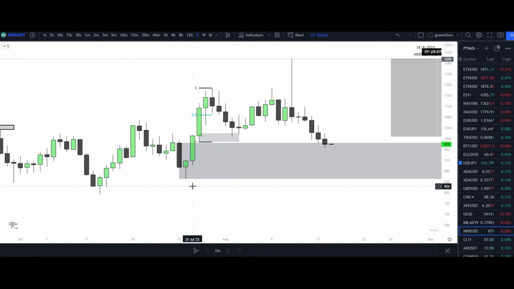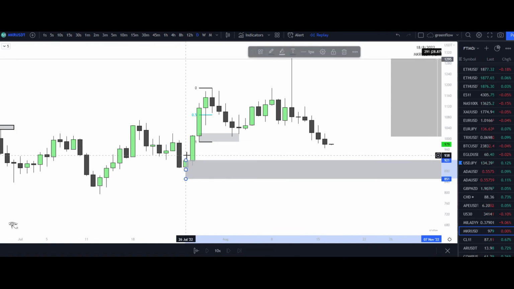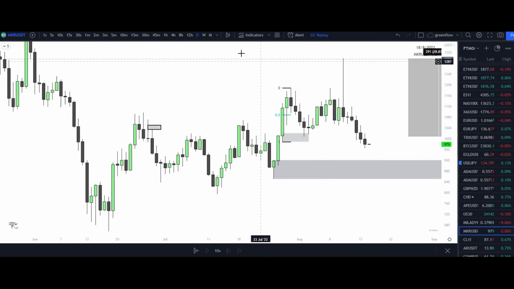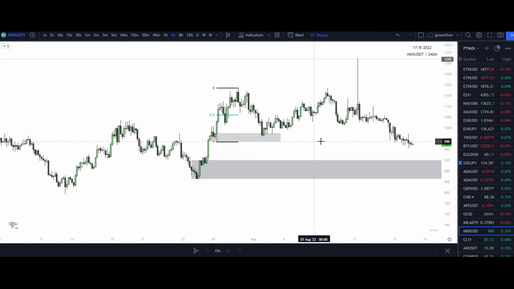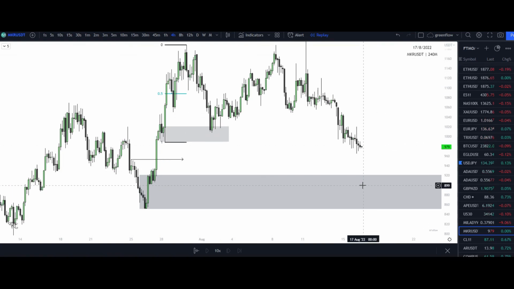Right? Same exact thing. Another daily break of structure to the upside, currently mitigating that fair value, right? As well as we have this demand candle right here. So we talked about that higher time frame demand, and then we have this imbalance that we are currently mitigating as well. Our daily structure, right, has shown some bearish pullback internally. So meaning, if I were looking for areas at these lows to possibly take this to the upside after a possible demand mitigation of this 935 area, or if we accumulate right here, right, show displacement to the upside on the 4-hour, then I can look for a trade to the upside that way.